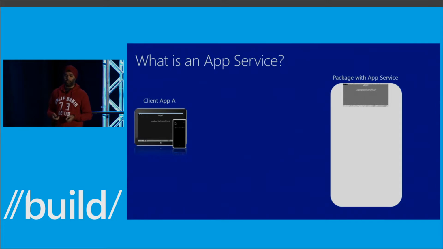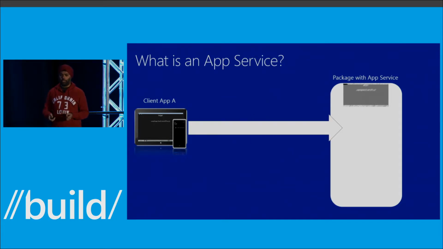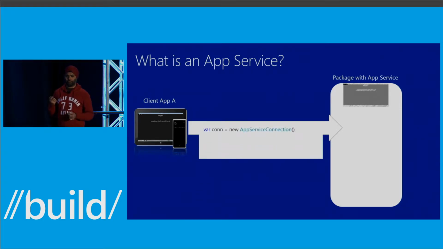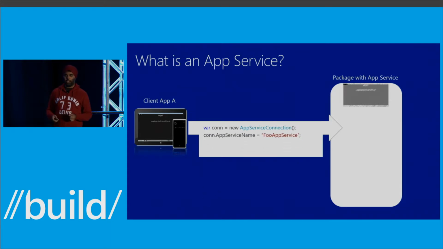So how does it work? Client app A comes along. It needs to talk to an app service that lives in the package on the right. It creates a new app service connection. It gives us an app service name. This is the name that the owner of the app service defined in their manifest.